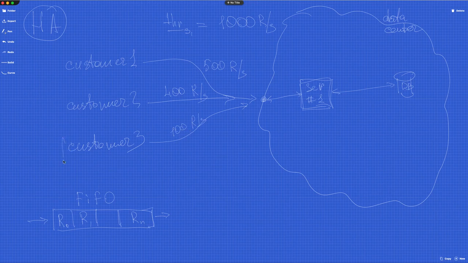However, imagine that customer 3 is the biggest one, and it's not sending 100, but let's say it sends 700 requests per second. So definitely at this time we will have a queue of requests, and our service starts serving those requests in the order they came into the queue. That's okay, that's a normal situation. However,